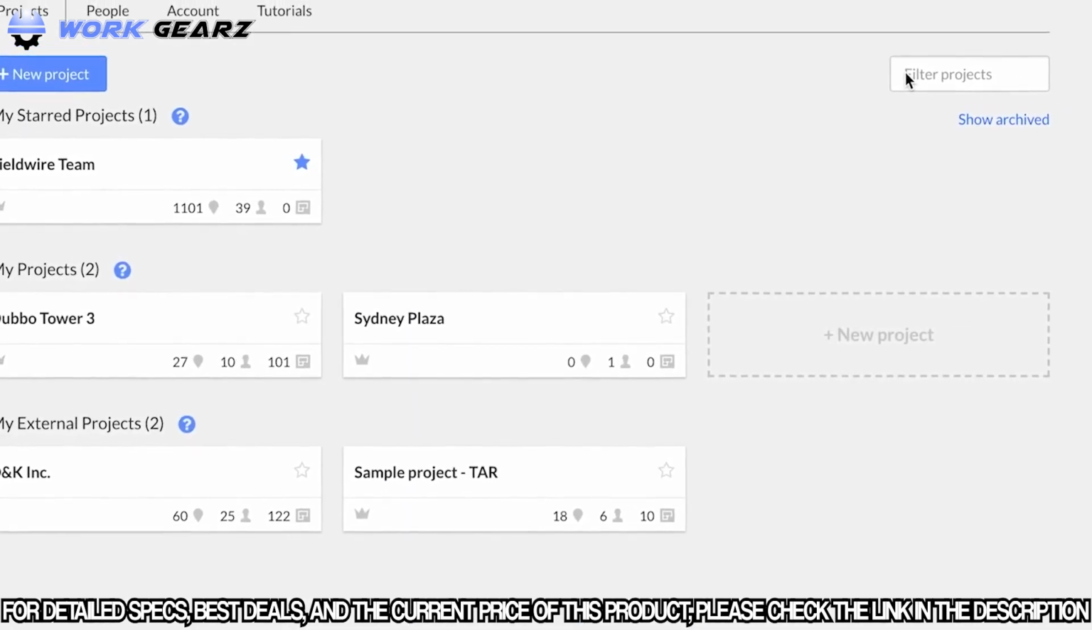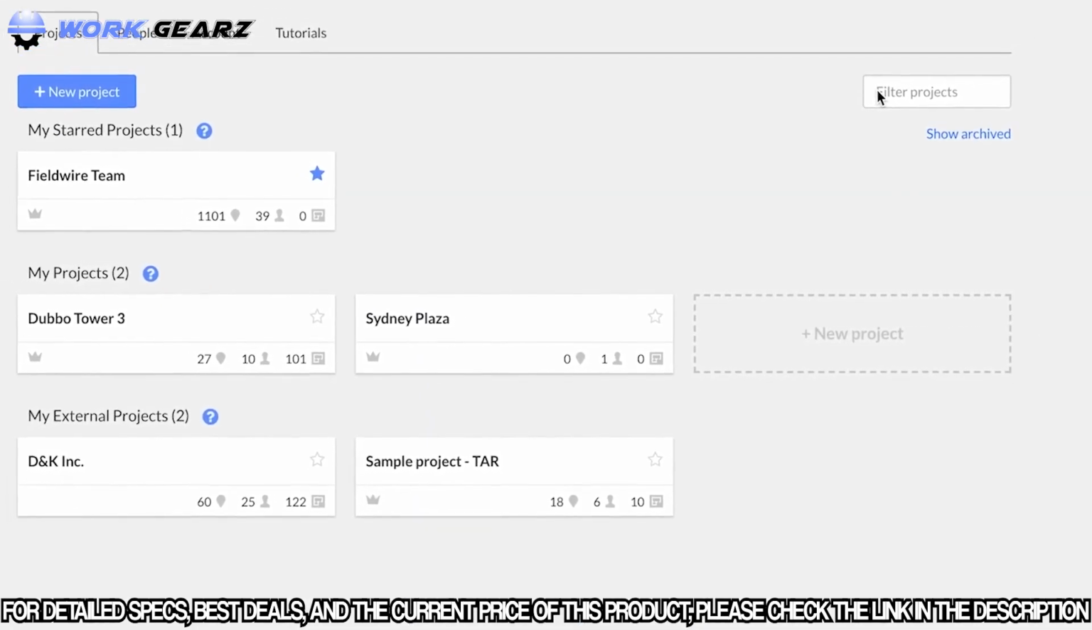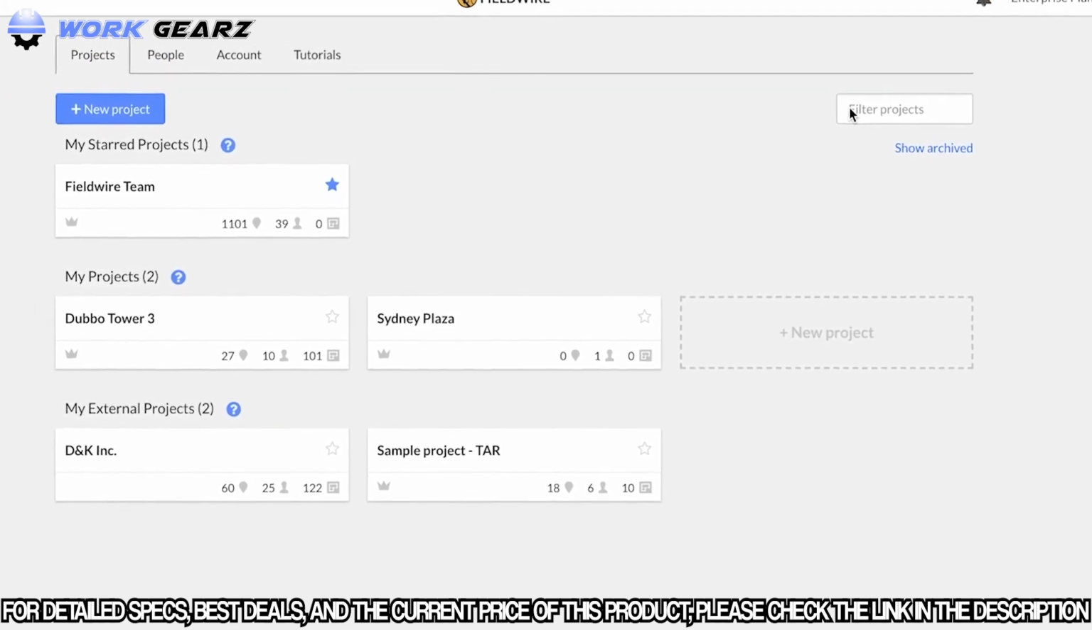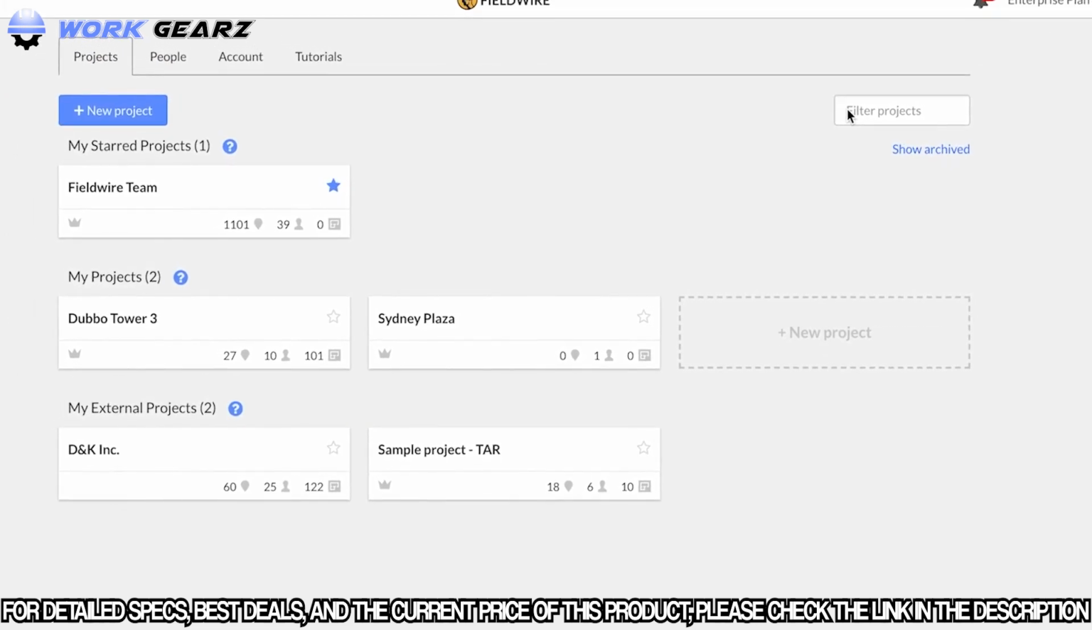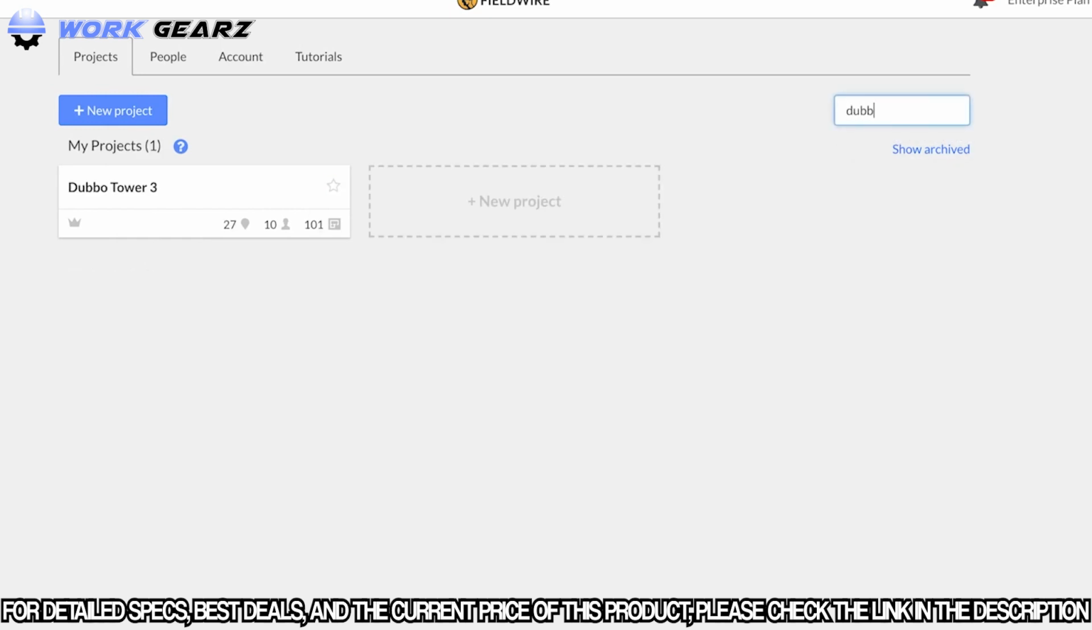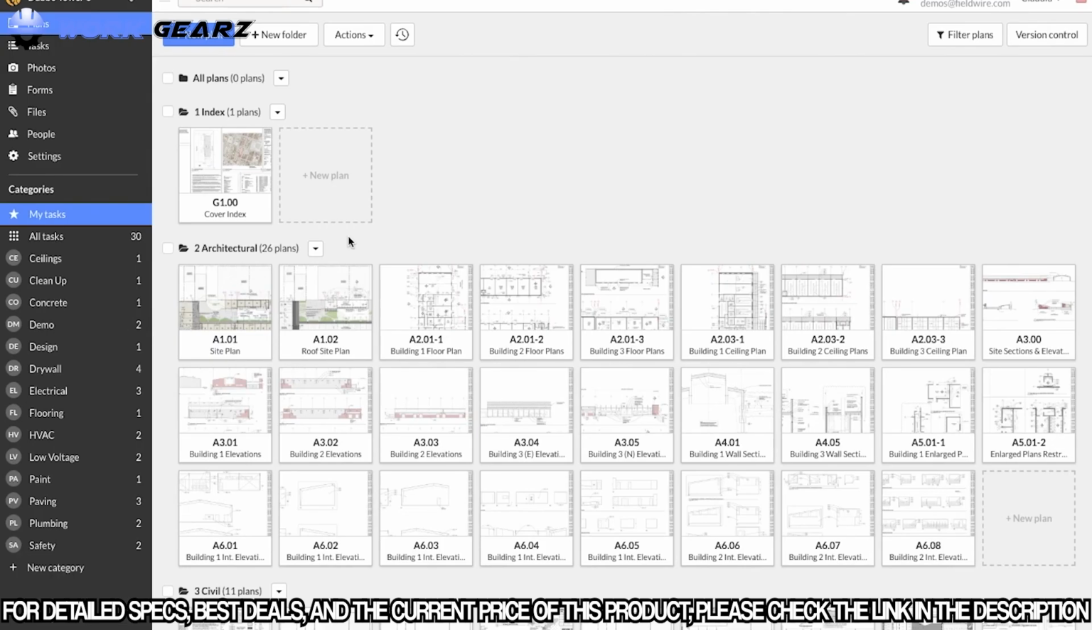Let's start in the main Fieldwire dashboard, where you'll see every project you're working on. And it won't matter whether you have 2 or 2,000 projects, because Fieldwire has unlimited data storage. Now if I jump into one of these projects, you'll notice the toolbar to the left, which gives you quick access to your plans, tasks, photos, forms, and files, all of which can be accessed from any device, even when